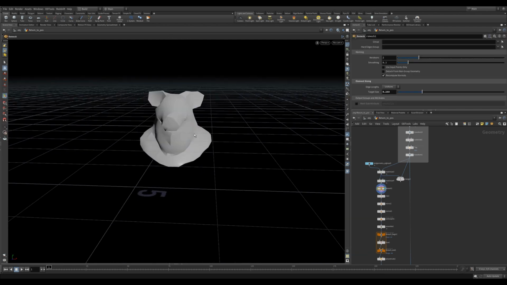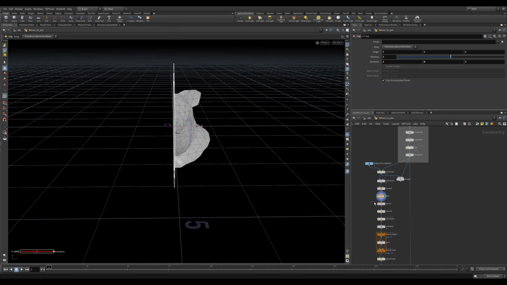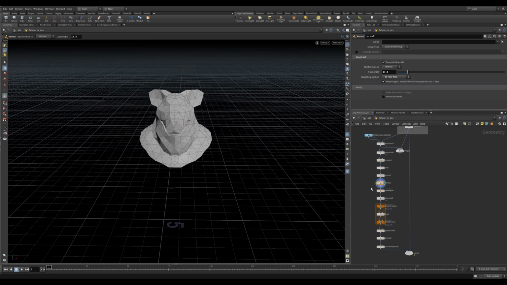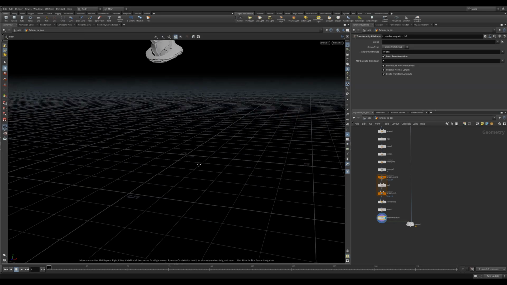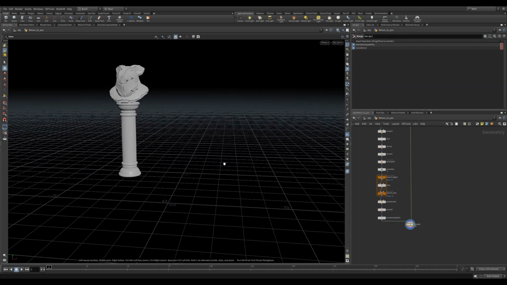This will save my position data in an xform attribute. Now I can do some fun modeling like clipping and mirroring because it's right at the world origin. I can also do some other fun modeling techniques if I feel like it. When I'm done, I can use a Transform by Attribute node. I can check invert transform, and just like that, my pig head is back on its stand with all its